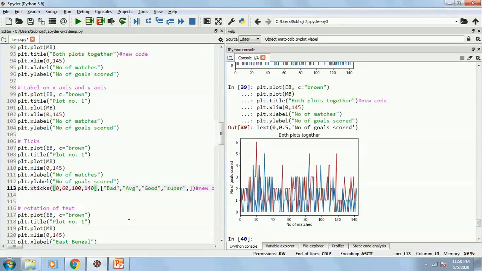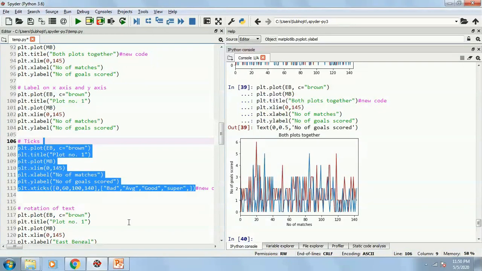Since you are writing more than one value, you know that you need to write it in third bracket. So I have written 0. That means I need to put some value for 0, and some value for 60, 100 and 140. For 0 I want it to display as bad. For 60 I want it to display as average, then good, then super.